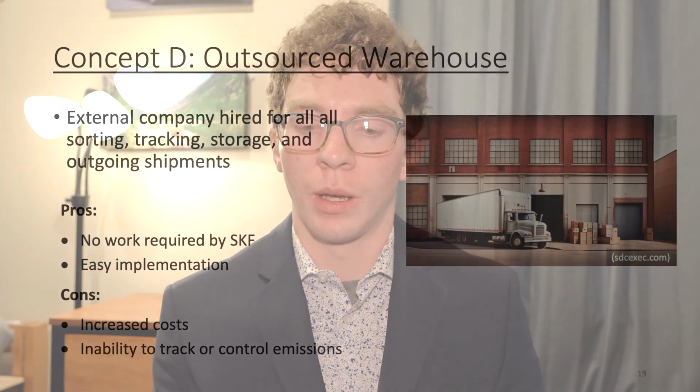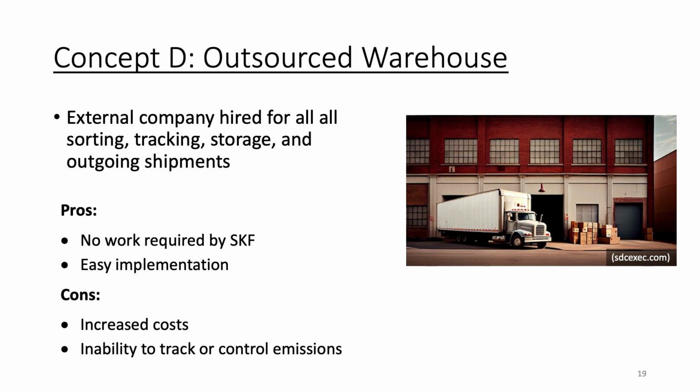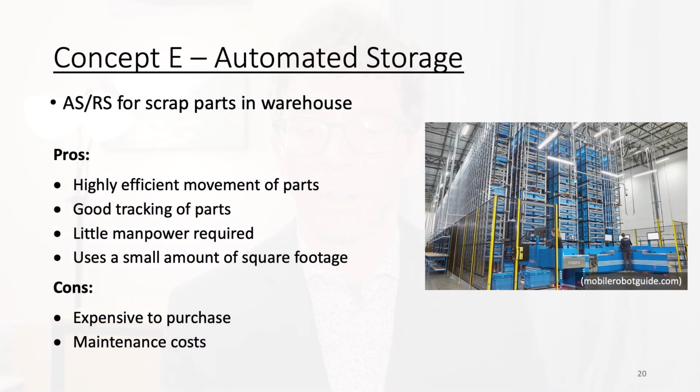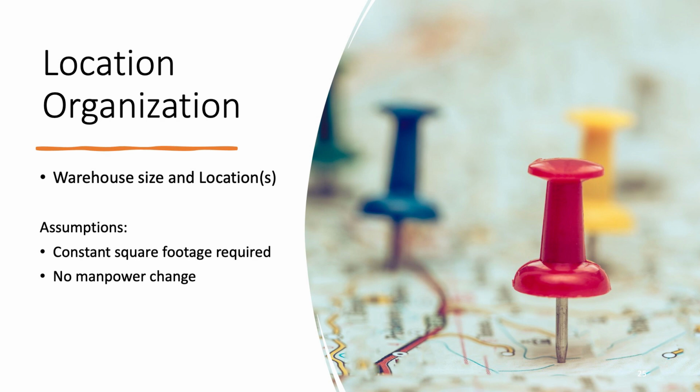The fourth concept is outsourcing a warehouse, where an external company is hired for all sorting, tracking, storage, and outgoing shipments. The final concept is automated storage, where an automated storage and retrieval system is used to store and track parts in the warehouse. Four location organization concepts were used to determine the size and locations regionally of the different